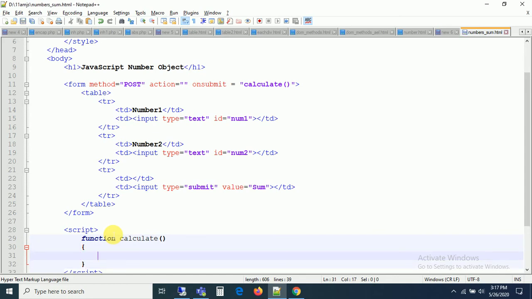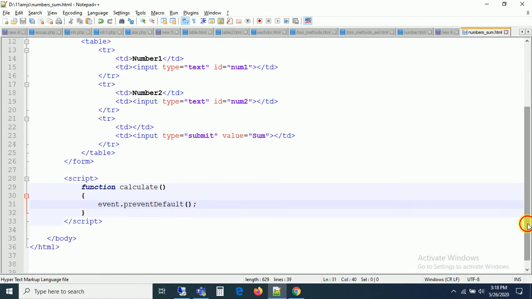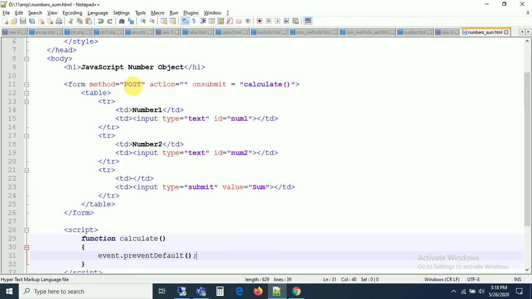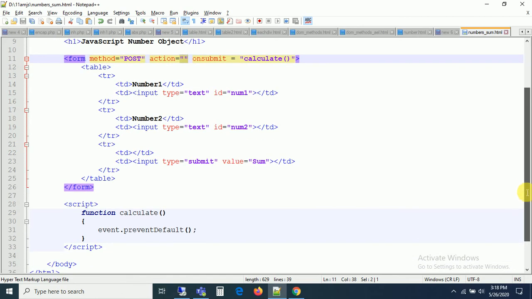This form has some action, so it is going to refresh, I think. Let me stop the form submission: event.preventDefault. I will discuss all these methods later in the sessions, don't worry. Right now I don't want to refresh my page. Once you submit the button, the form is going to reload to the same page, since we didn't provide any action. But I want to stop that default behavior, that's why I wrote event.preventDefault. By writing this method, the form is not going to get reloaded, so it is going to stop that action.